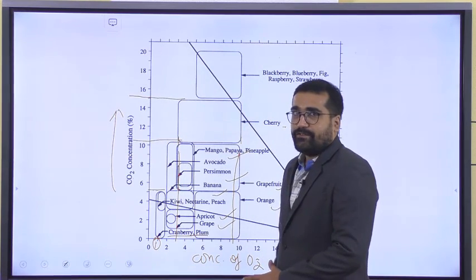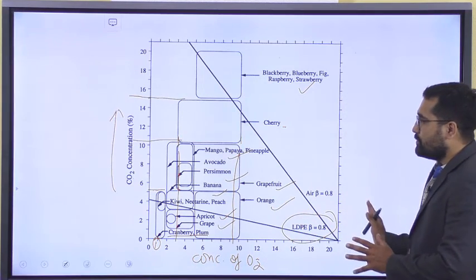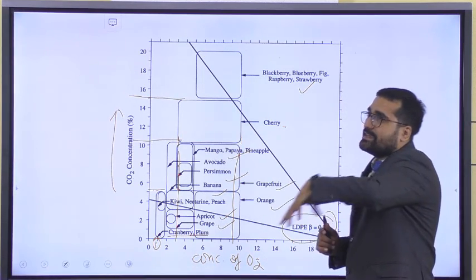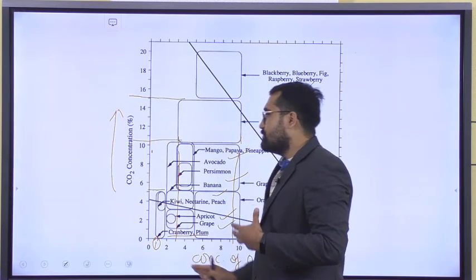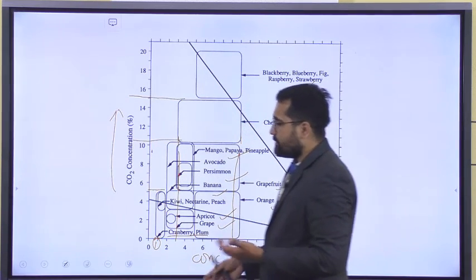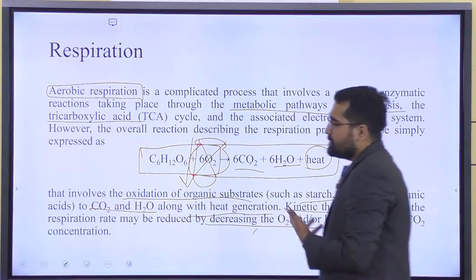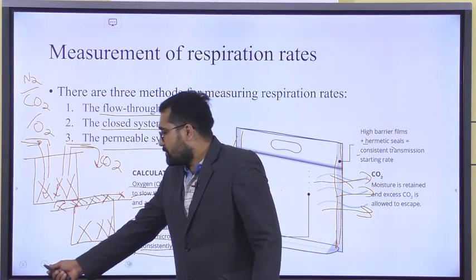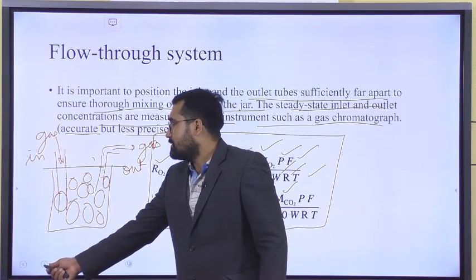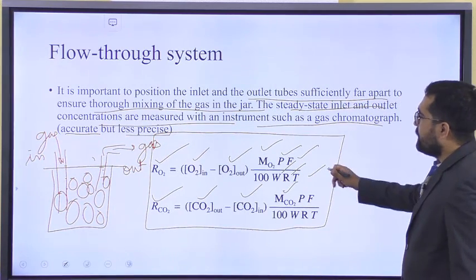Then this graph is very much important. You have to take a snap of this graph and keep it with you, so that before designing anything, you have the initial reading of what the CO2 and O2 composition should be when we are storing inside MAP. Respiration rate, again theory part. Now the types of systems we have seen. Now comes the real thing. This you have to find out.